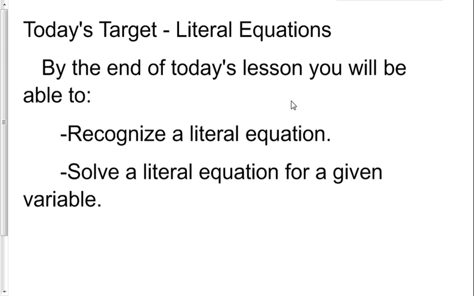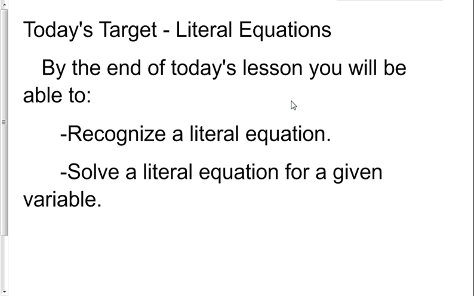Today's target will be literal equations. By the end of today's lesson, you will be able to recognize a literal equation. You'll be able to solve a literal equation for a given variable. Today's video should be relatively short as we're going to try to do some examples next time in class, but